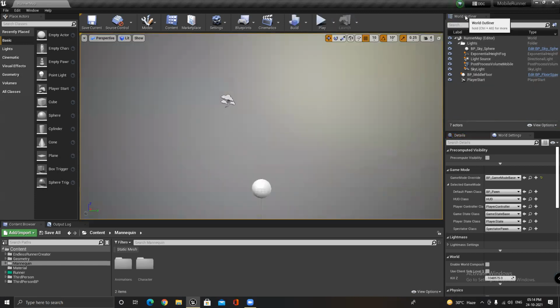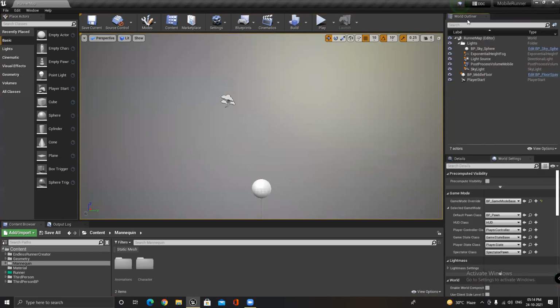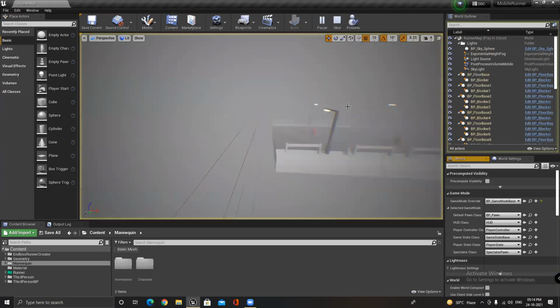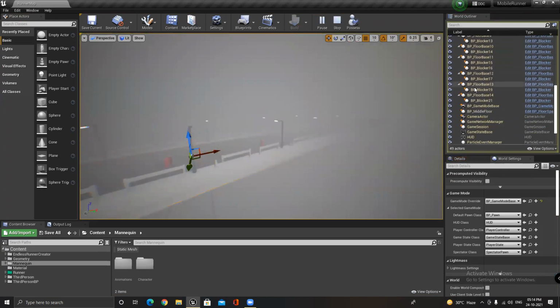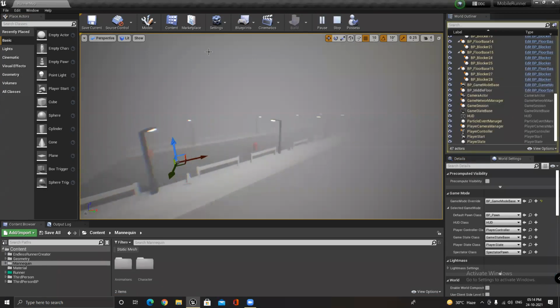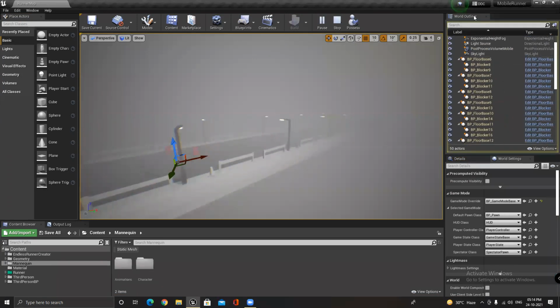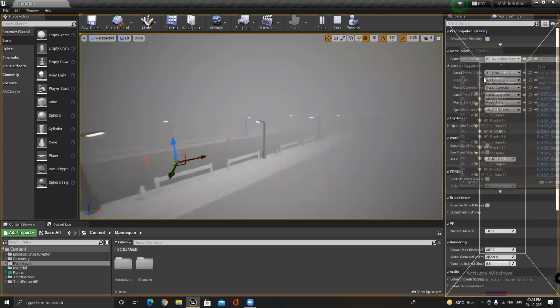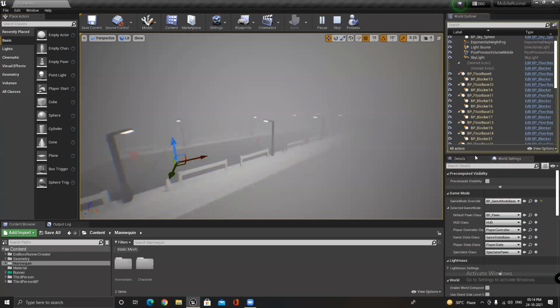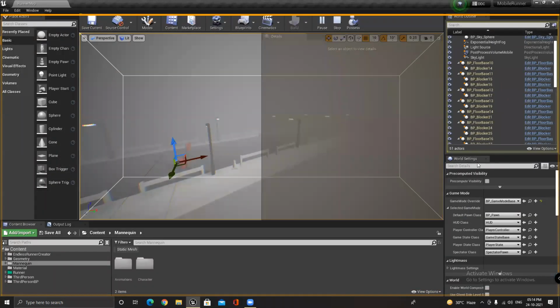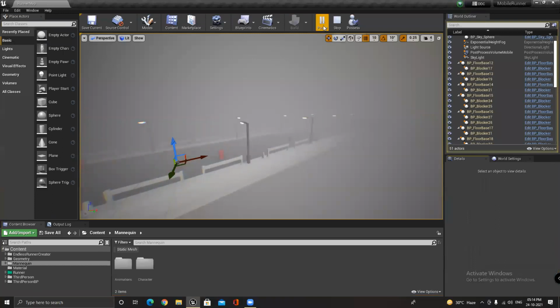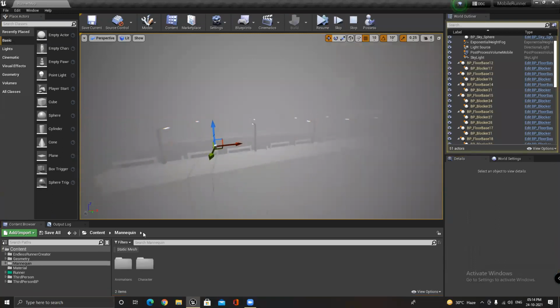So this here is your World Outliner. It represents what actors are currently in your level. Like when I simulate it, these are the floor, as you can see. So all the objects that are in your level will be shown in this World Outliner. You can reposition them anywhere on your screen, like the details panel here, according to your needs. So yeah, so what is happening currently in this level